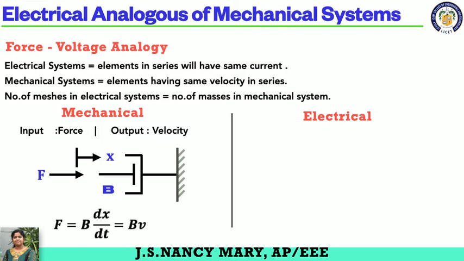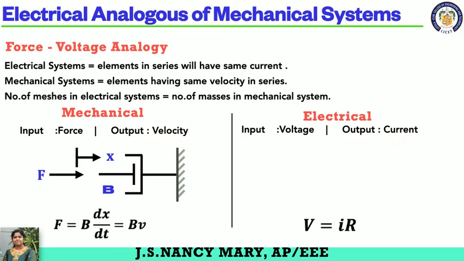Now we have to find out the corresponding element in your electrical system. So here the input is force. As force volt analogy, here the input will be voltage. Output will be current. So if the input is voltage, the output is current. If the input is current, the output is voltage. So for input voltage, I can take the formula as V is equal to IR, which is nothing but F